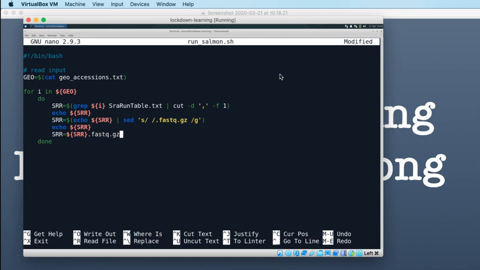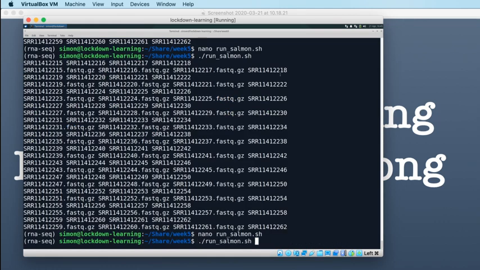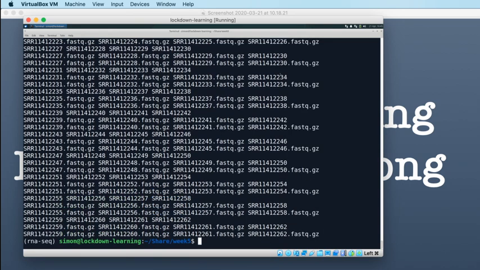So you've got this string which at the moment ends at the end of the 4th SRR ID, but by doing this you just add that extra .fastq.gz onto the end of your string. Let's echo this one last time then. So echo $srr, save, exit, re-execute the script, and now we get a 3rd line of output for each one,